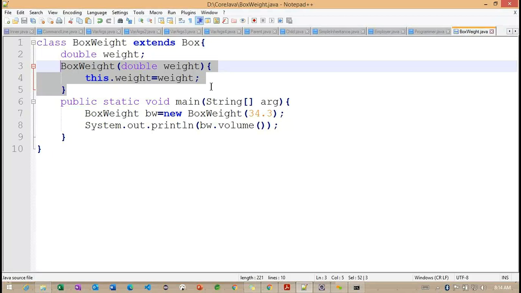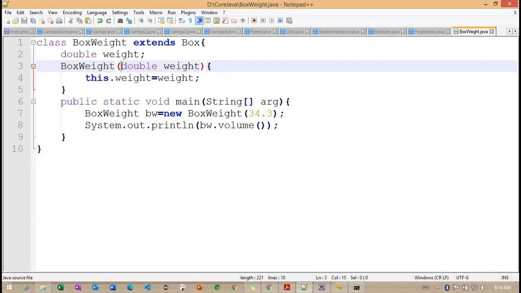The three variable values we are not setting here. If I'm not setting them and not calling any constructor from our child class, what happens internally? The default constructor of our superclass is going to execute. So let's see.